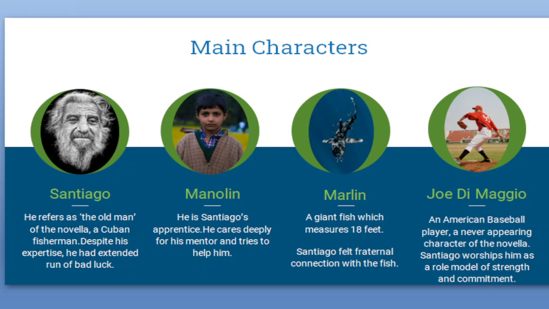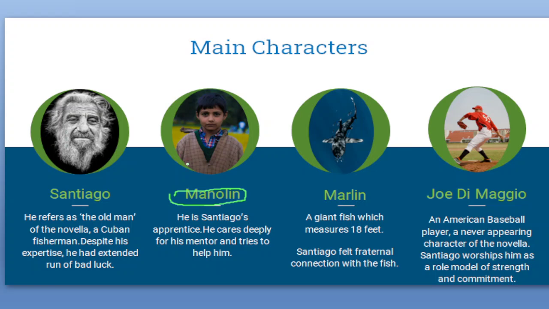The second character is Manolin. Manolin is again an important character. He is Santiago's apprentice. He's a small boy. His family doesn't want him to be accompanied by Santiago, but he doesn't care about all this, and he just wants to be with Santiago and he deeply cares for him. And they both share